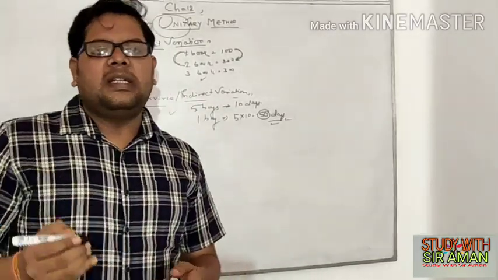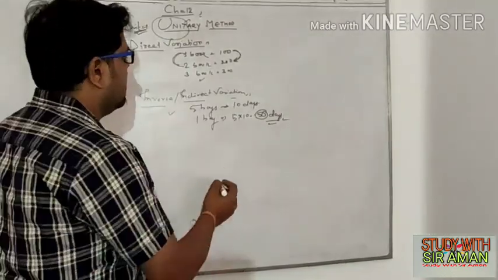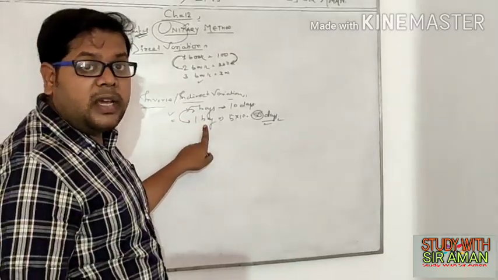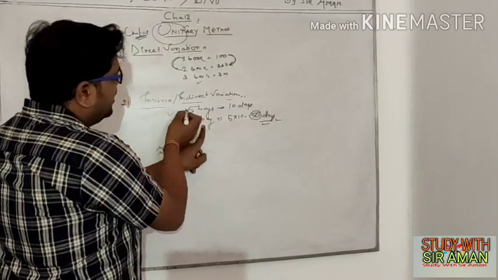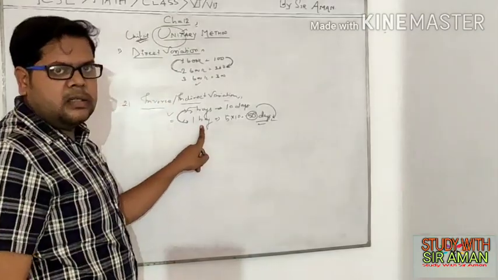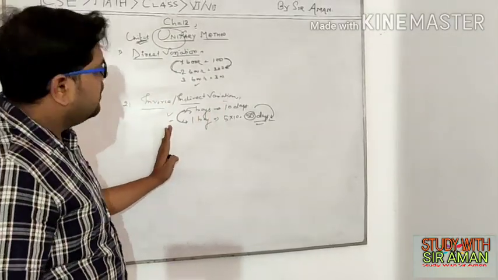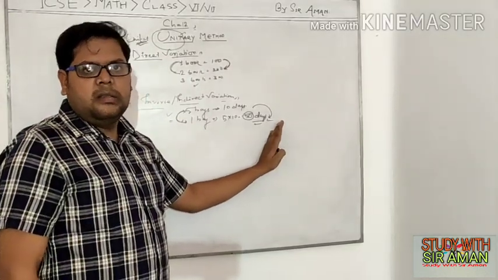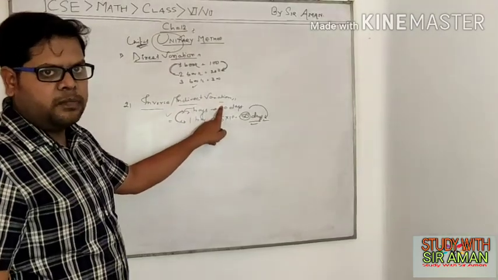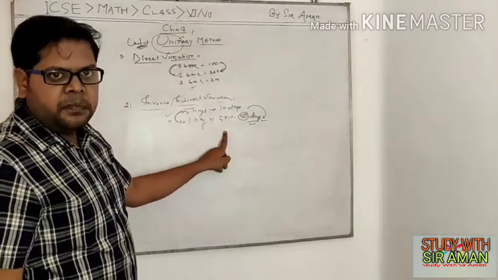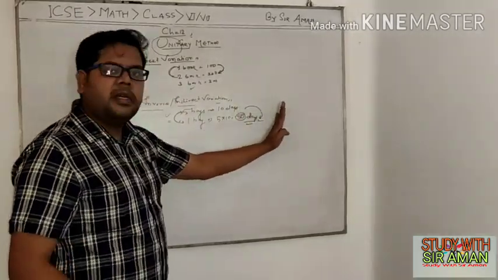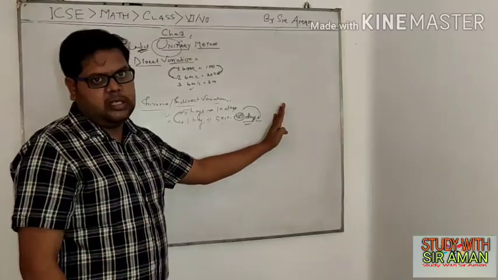What is the necessary condition for this? The necessary condition is, see, there is increase in the number of boys, whereas there is decrease in the number of days. Means one side it is decreasing, other side it is increasing. This is the condition of inverse or indirect variation. Is it okay? Have you understood, all of you? Means one side will either increase or decrease and the other side will become vice versa, just opposite.